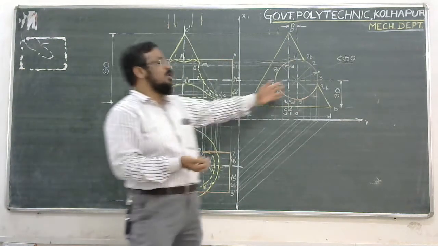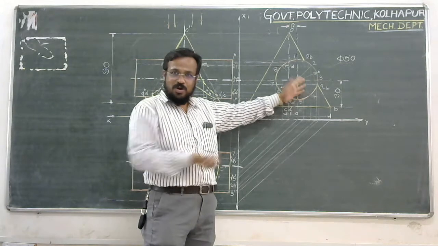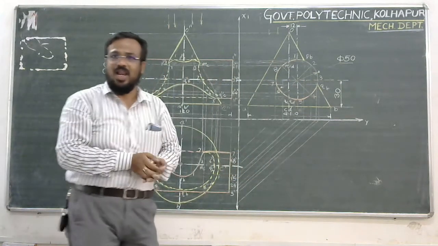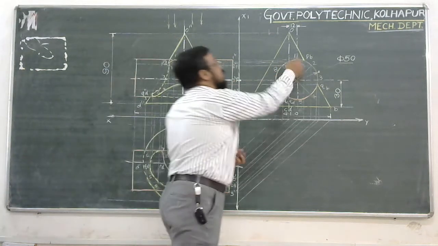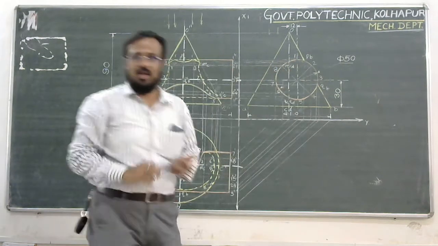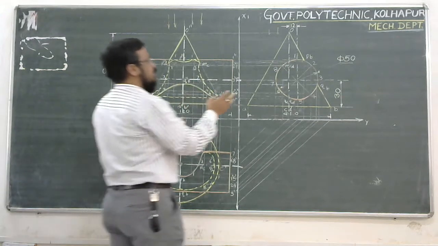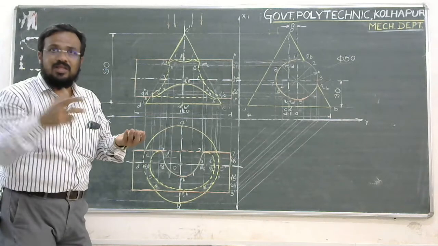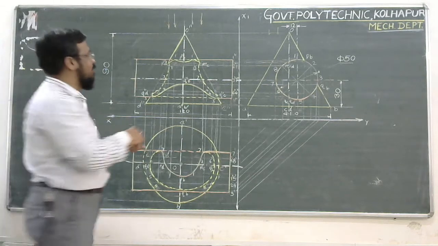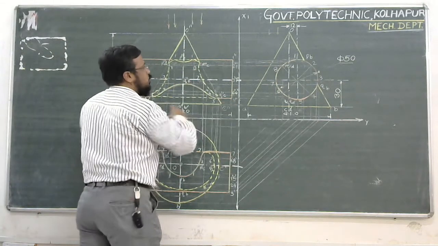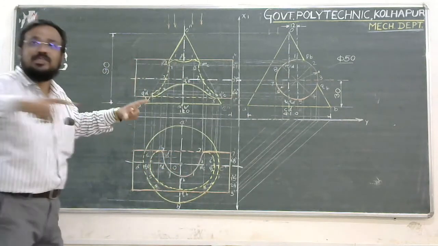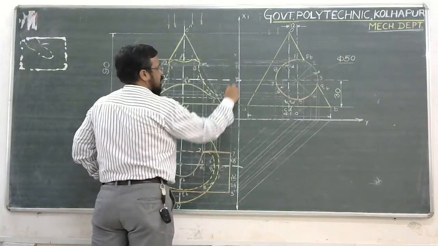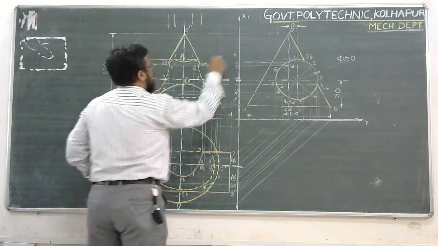So obviously there will not be any kind of change in the side view. The front view will be the side view, the hole will be visible in the form of a triangle, and the drilled hole reference will be available in the form of a circle. Okay. Now the changes we have to make are in the front view and the top view. Obviously the second solid, that is the cylinder, is not available. That means this extruded portion of the cylinder out of the surface of the cone will not be visible. So obviously nowhere is there any existence of this portion.